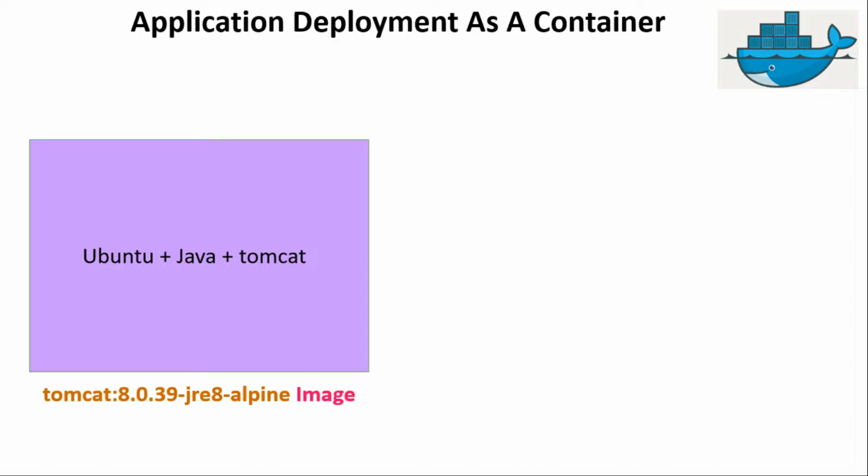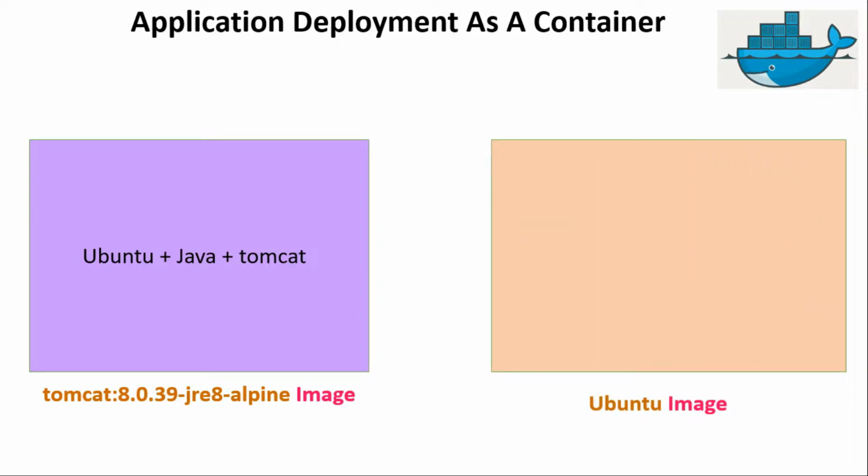So friends, this image fulfills the two basic needs which are required to deploy the Java web application as a Docker container. And here friends, if we would have chosen Ubuntu as the base image, then friends, in that case we would have to manually install the Tomcat server and the Java software to run the Java application on that Ubuntu container. So now friends, I hope this might have made you understand why we chose a different base image this time. And so now let us again go back to our Docker file.